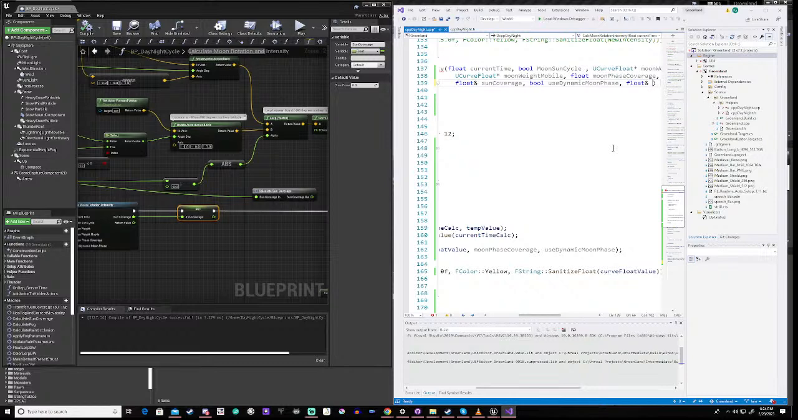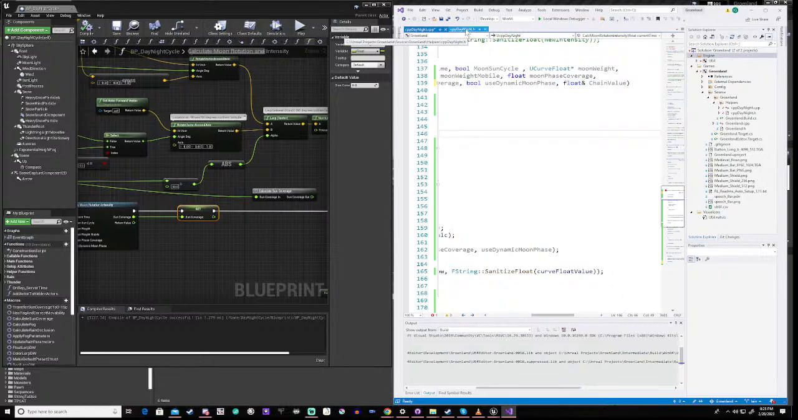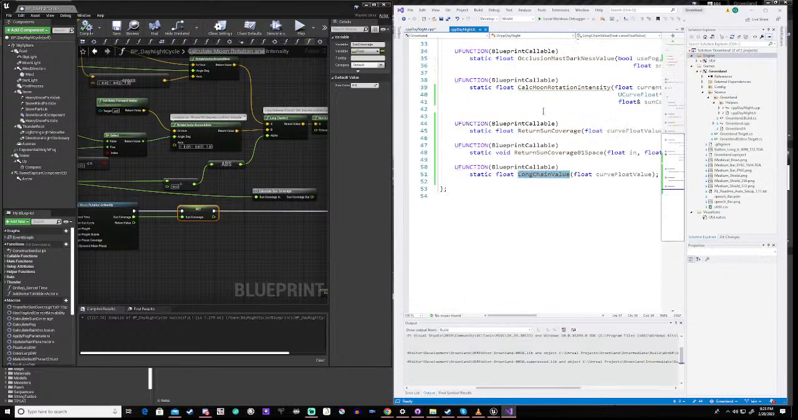Right, so this is chain value. Right, so